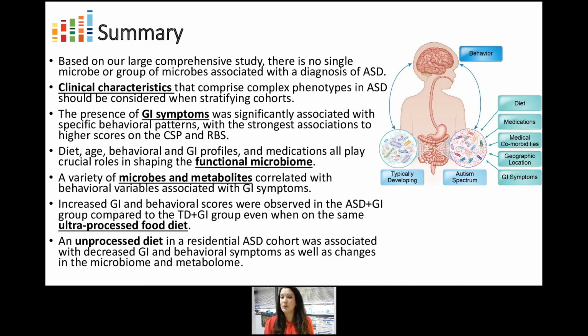We do see these microbes and metabolites that are correlating strongly with behavioral variables whose intensity is associated with the presence of GI symptoms. And that on the same ultra-processed food diet, ASD plus GI children still have increased GI and behavioral scores compared to the TD plus GI group. And then finally, we have this emerging evidence that perhaps this unprocessed diet in the residential cohort is associated or even causative for the decrease in GI and behavioral symptoms, as well as the parallel changes in the microbiome and